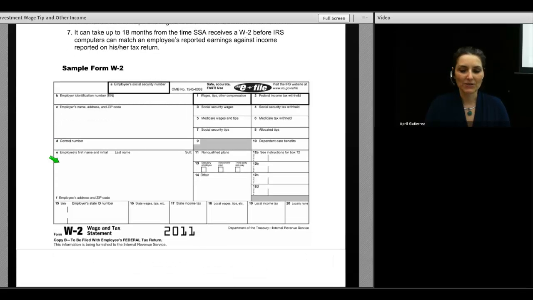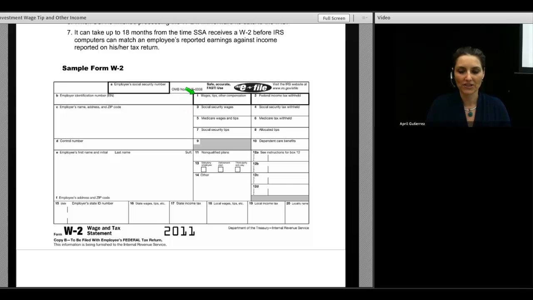Now, here we have a W-2. And of course, most people do not get W-2s that look exactly like this one. But even if it looks different from this W-2, the box numbers should all line up. And the only exception to this is the post office. I'm not sure why the U.S. Postal Service has a different looking W-2 with a bunch of extra boxes, but it does. So when you see a U.S. Postal Service W-2, they are an odd looking animal, but you'll just have to look for the boxes that are relevant,